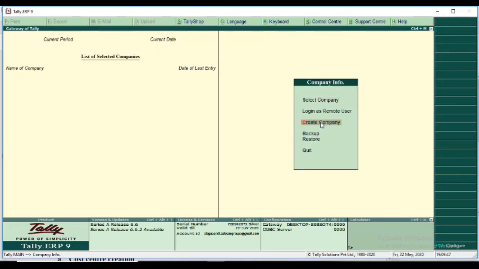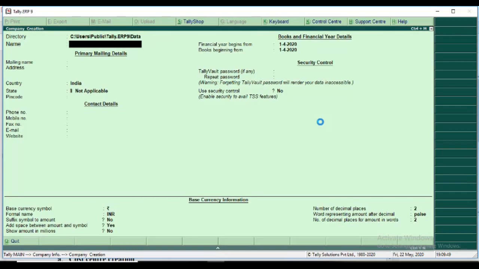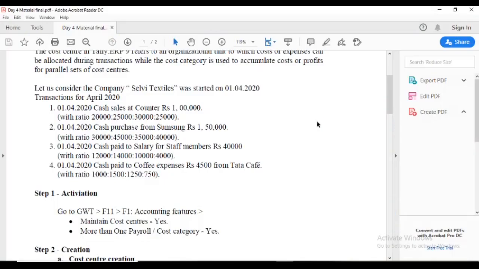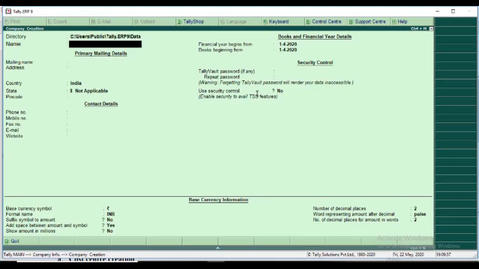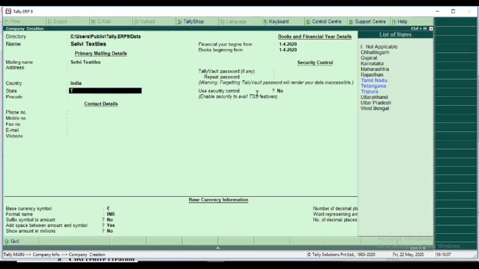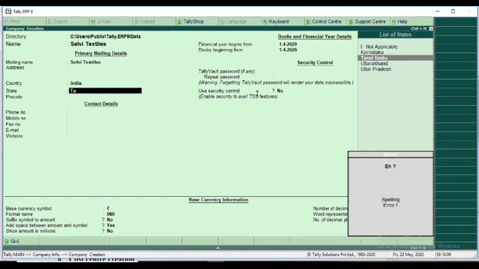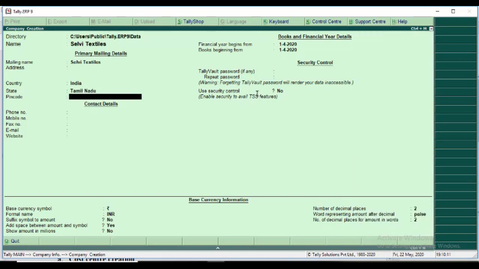First I create the new company name, Selvi Textiles, started on 1/4/2020. So I give the name Selvi Textile. I give the state name as Tamil Nadu, and the date is the same 1/4/2020.